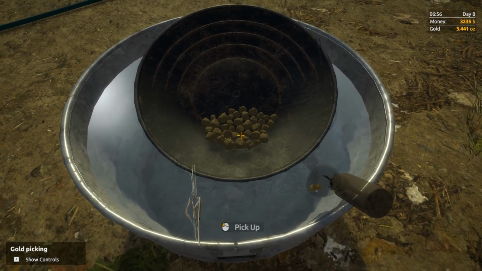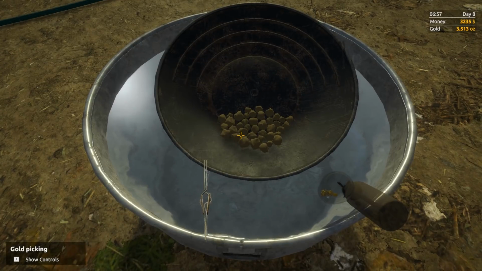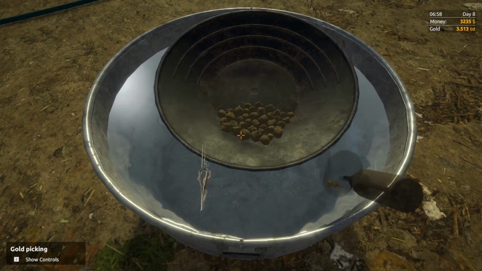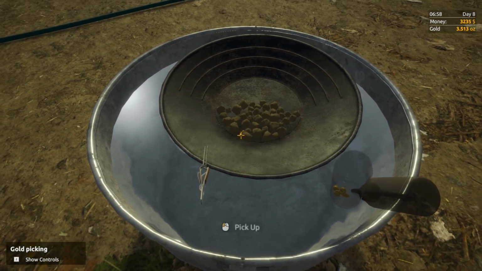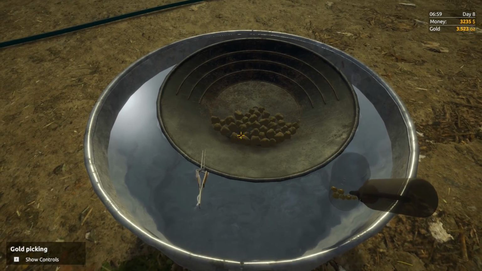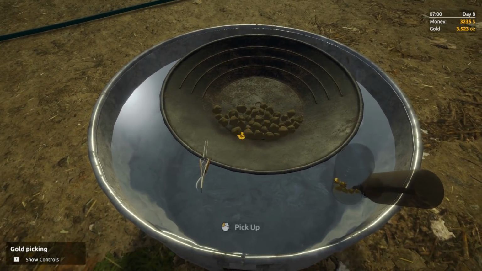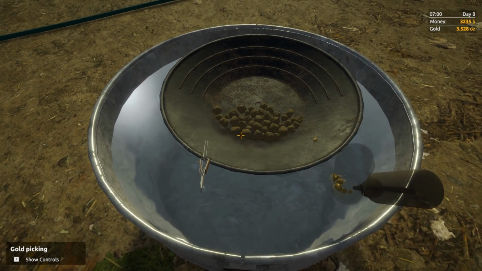I was really hoping to get to 4 ounces before I go back, because that would have been about $4,000. So we would have a little bit of money, because the wavetable is going to cost us 6,000. And then I also wanted to bring 2 splitters, 1 for power, 1 for water, because the wavetable...